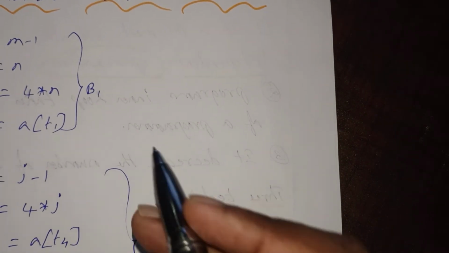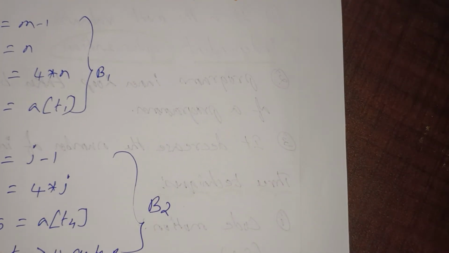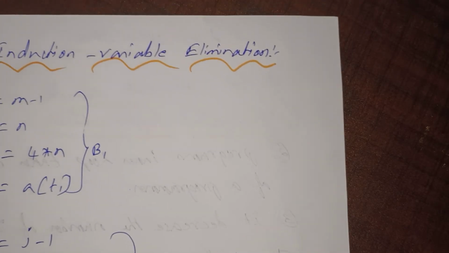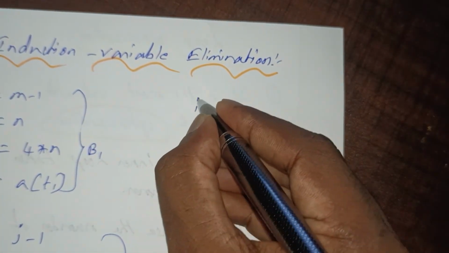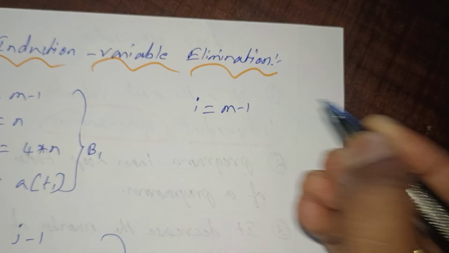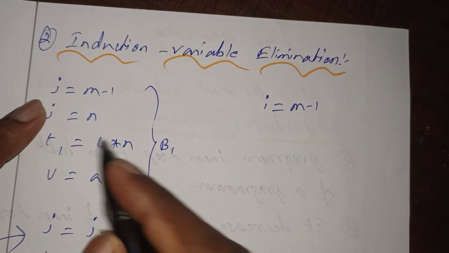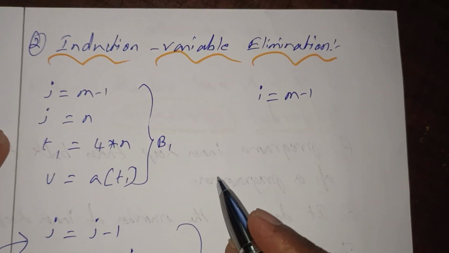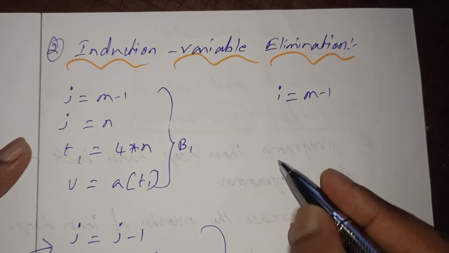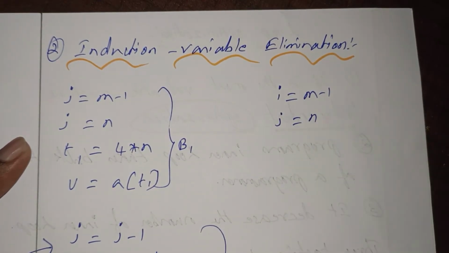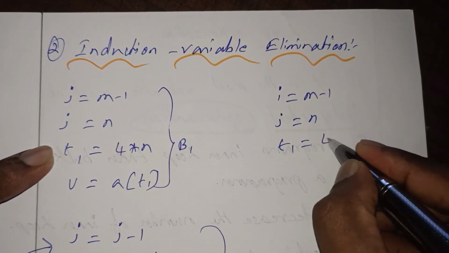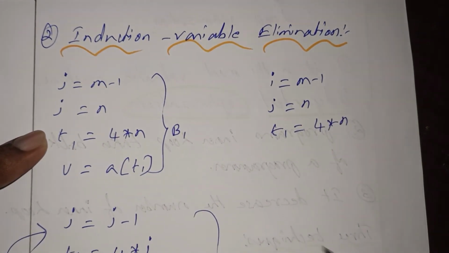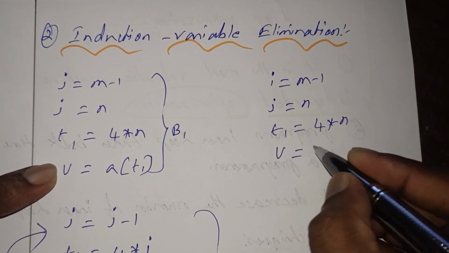Say for example, this is the code which we can say is without inner loop reduction. So I am going to have the inner loop reduction now. Here I am starting here. So basically I can say I is equal to m minus 1. I started with the same code, so you can keep on verifying parallelly, you can see that, right? So again j is equal to n. So again I am taking t1 is equal to 4 asterisk n. Again I have u is equal to